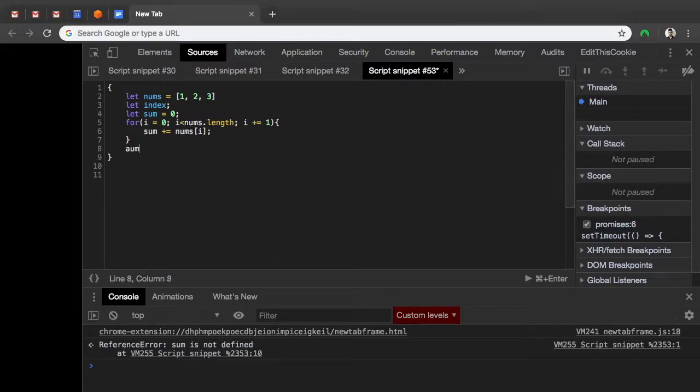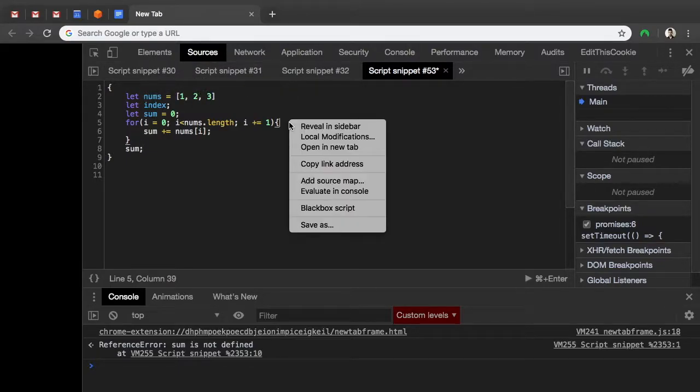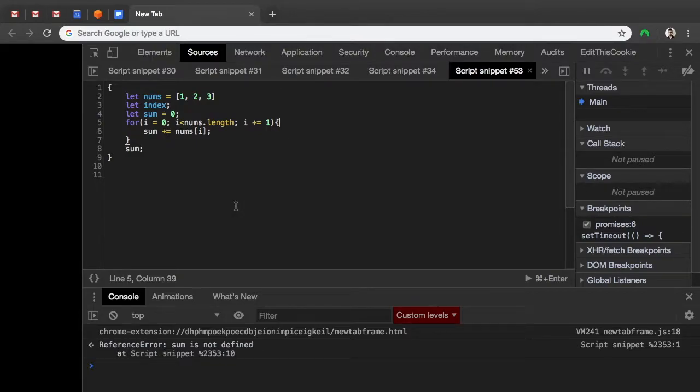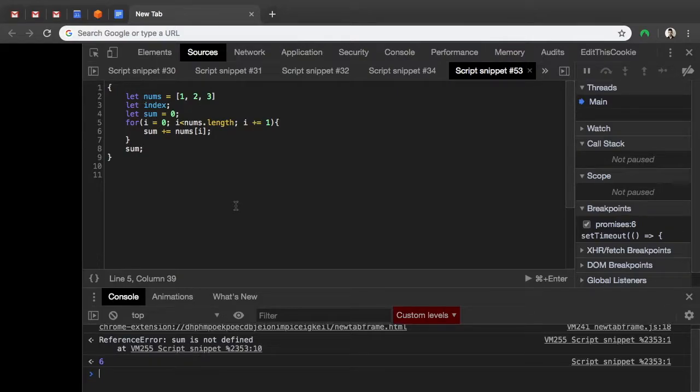I'll just type it in instead. So I can't find the... okay. Let's try to save this. I'll save as. Oh, yes. So